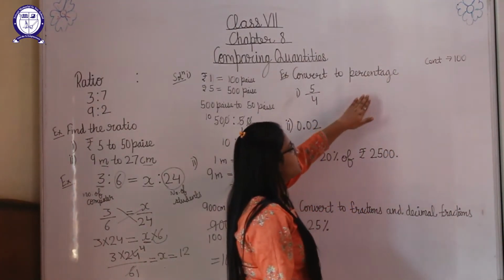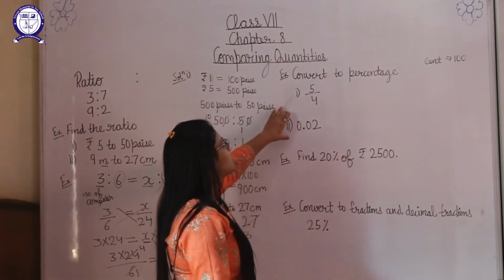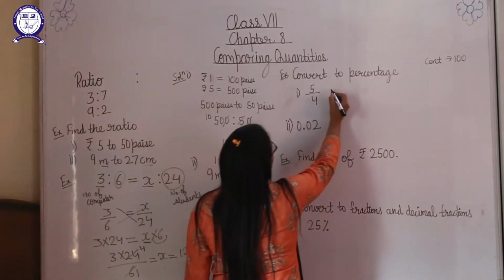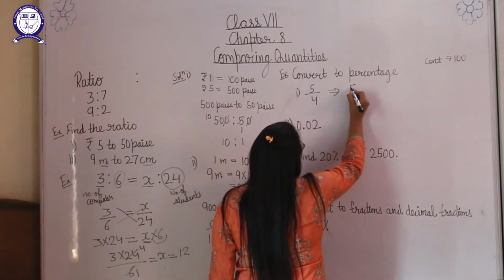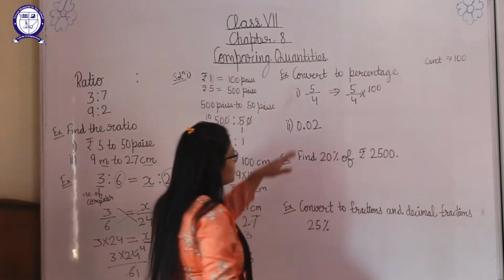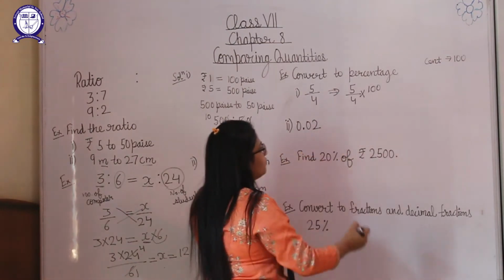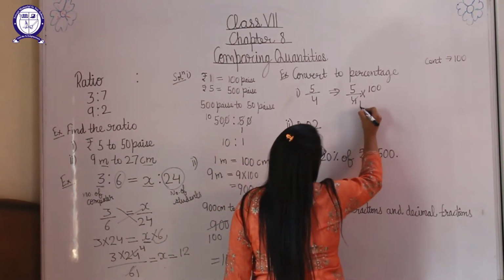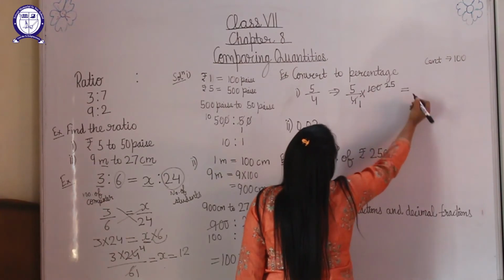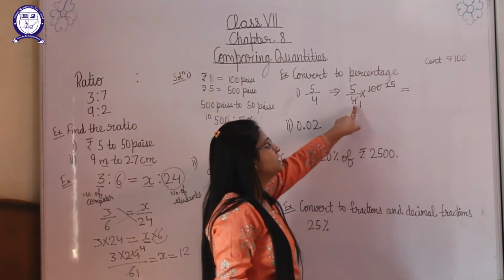Whenever we have this kind of question where we have to find the percentage, or fractions or numbers are given and we have to convert to percentage, then what we will do is multiply that fraction or number with 100. Okay, so here 5/4 was given to us and we have to change it into percentage, so we will multiply it by 100. So what we will be getting here, students, 4 1s is 4, 4 2s will be 8, and 4 5s will be 20. Okay, so here 25 we are getting, and in the denominator is 1.